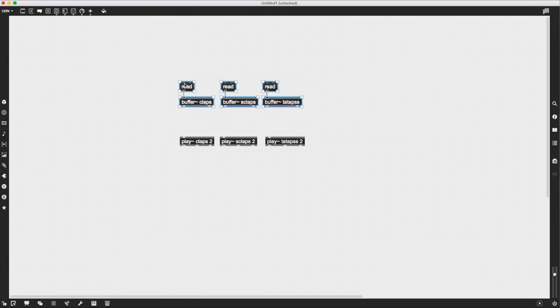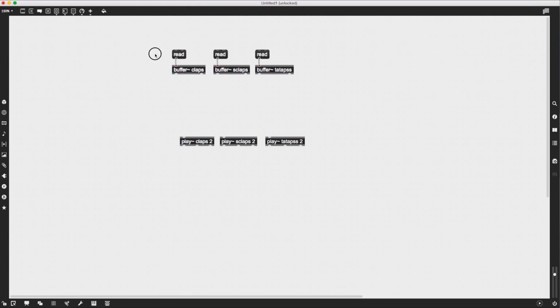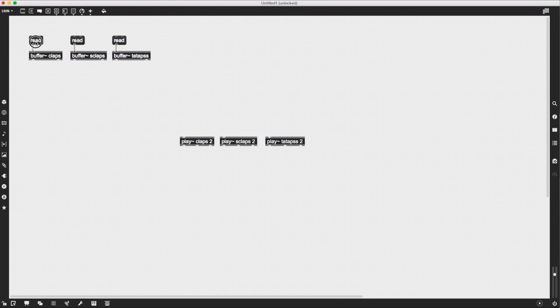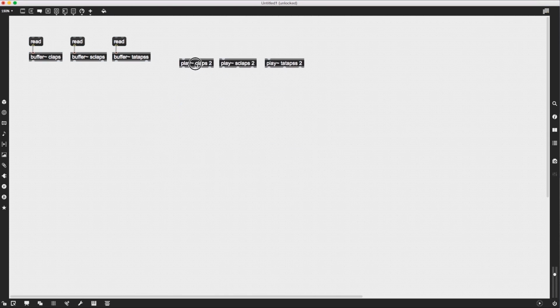Let's put the buffers up top, or maybe this program is from left to right, so let's do that here. And then I want to toggle, because there are two functions to the toggle. The fun thing about this is that you can stop and play. I'll try to explain the difference between this one and the play that I will put on top of each of these